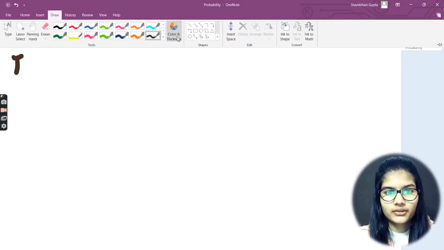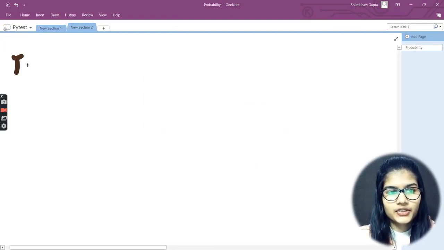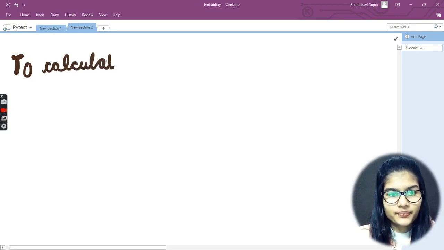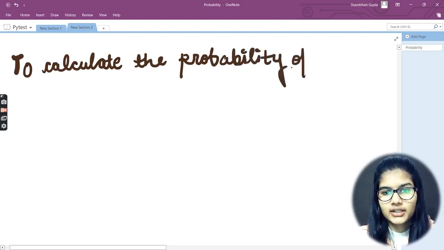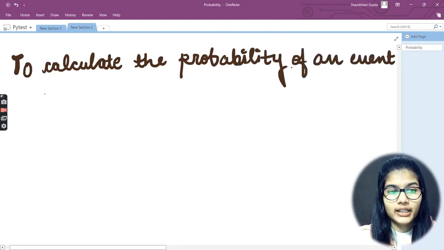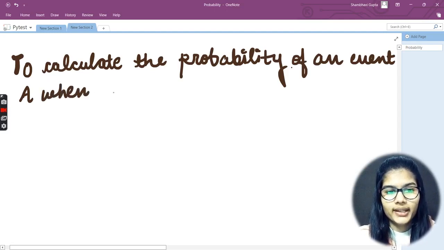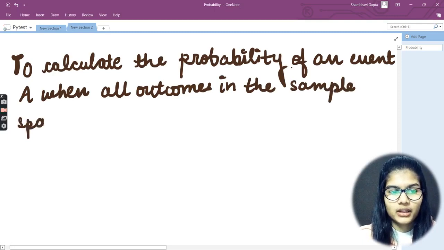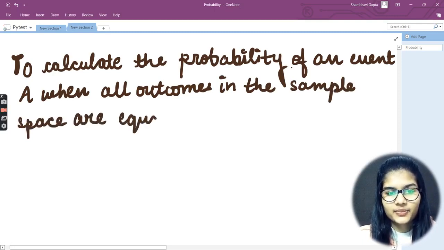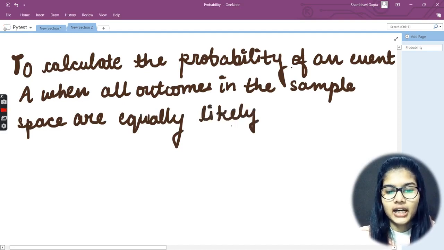So, to calculate the probability of an event, let's say my event is A. For calculating the probability of an event A, when all the outcomes in the sample space are equally likely,